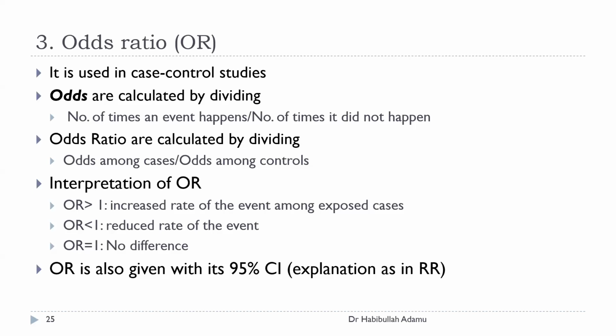That is how odds ratio helps in interpreting the direction of the association. If it is equal to 1,